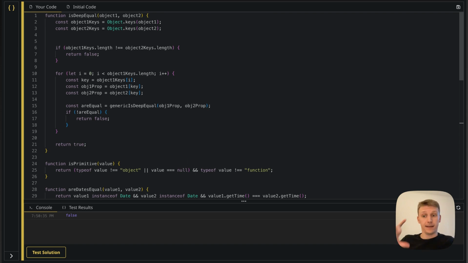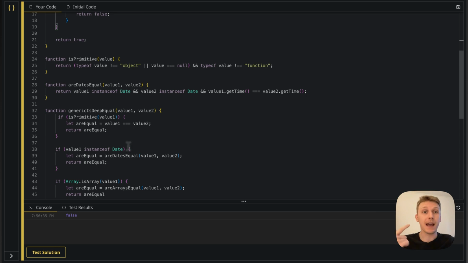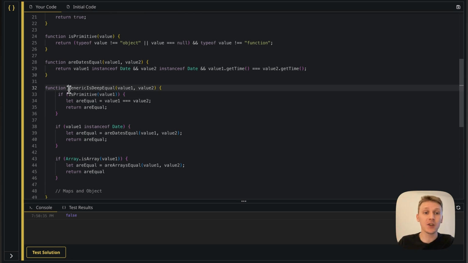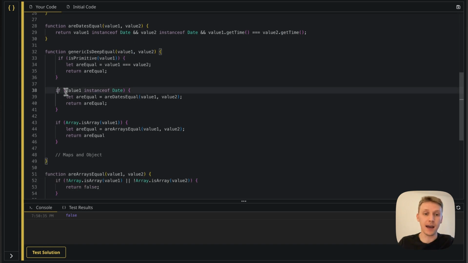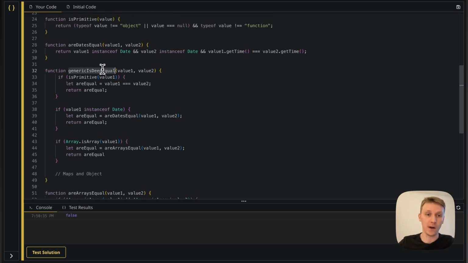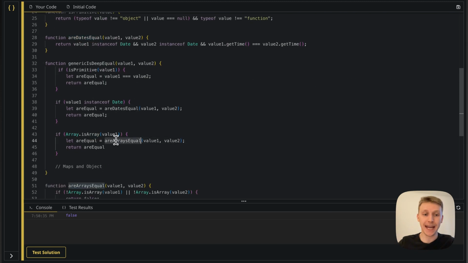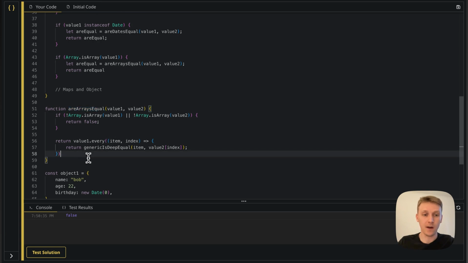Again, I was doing some ifs here, but now I realize, hey, for an array, I'm going to need to recursively check the values. So I'm going to need this function. This is going to be a very generic function that's going to verify the types and check like are dates equal or are array equal and so on, and then those in turn may call this one. So now that we check for primitive, for dates, and for arrays,